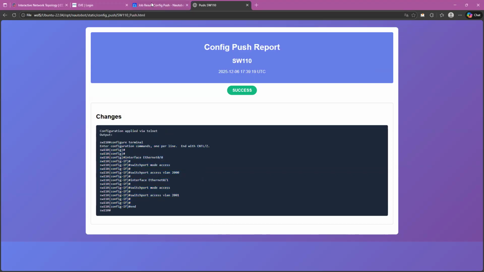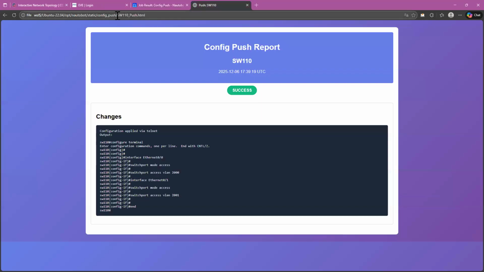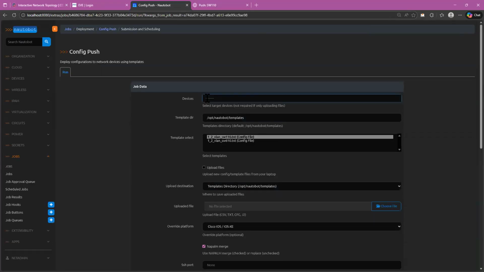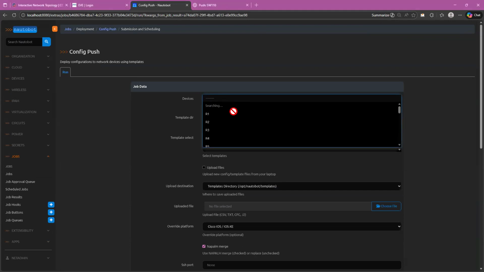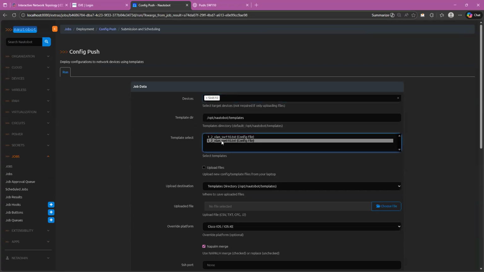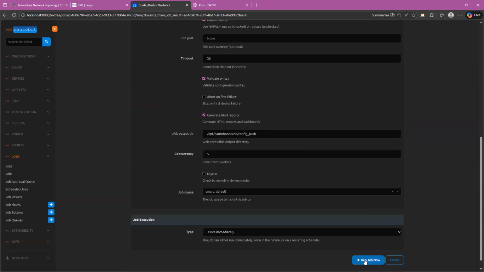Okay. For example, let me do one thing. I have index, previous page are index. Anyway, if I go back and I know that for this particular lab, there is one other switch as well. What is that switch? 610. So this time what I will do, I'll go to 610, but this time I need 610 template or the configuration. I can select from here and run this.